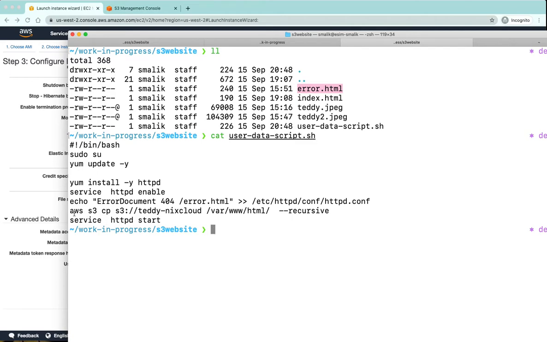The next command copies all the files to my /var/www/html folder recursively. That means all these files will be copied to my brand new EC2 instance, and then I'm going to start the Apache server. So this is the simple file that I am going to bootstrap.